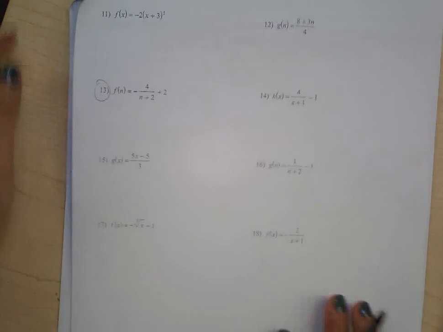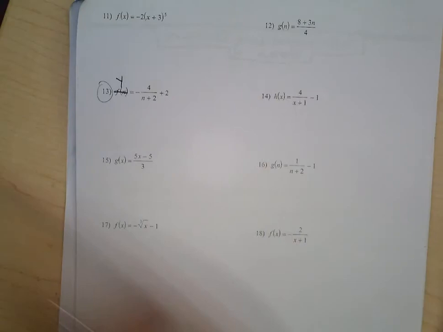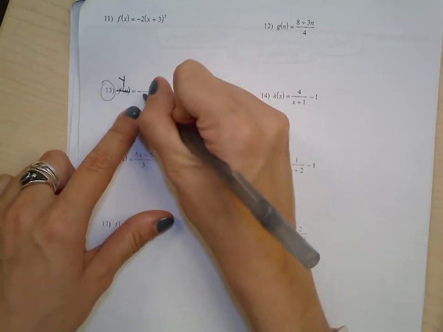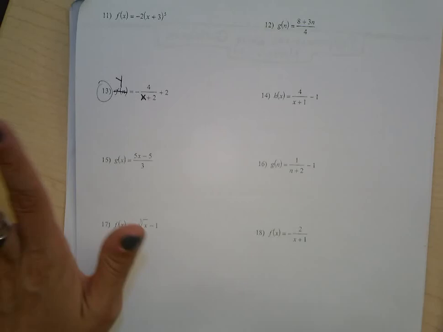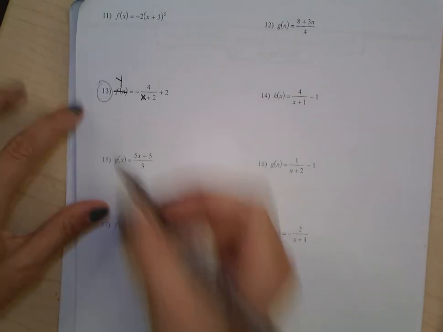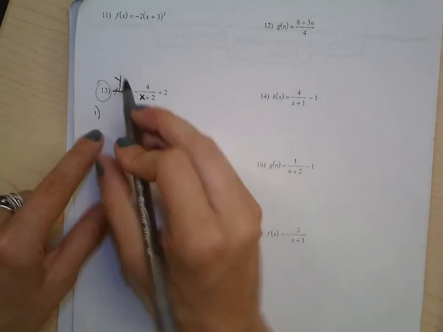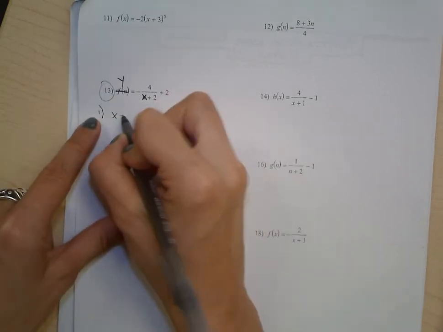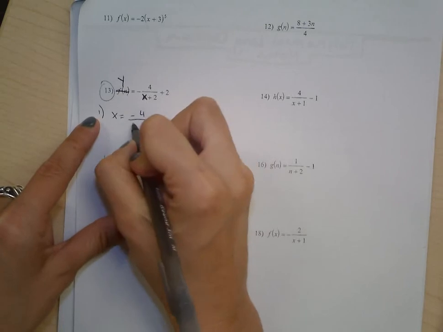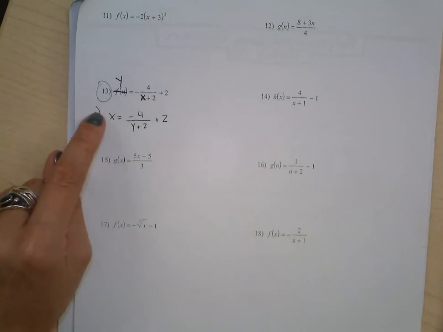Okay, so this f of n is the same thing as y. So I'm just going to view that as y if that confuses you. And I'm going to change this to x, but you don't have to. I just want to follow the same steps, thinking in terms of y and x. Okay, so my first step is switch x and y. So that means this becomes x, and right here is going to become y. So that's step 1,